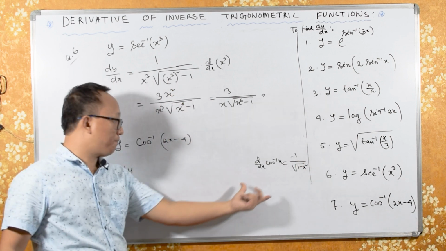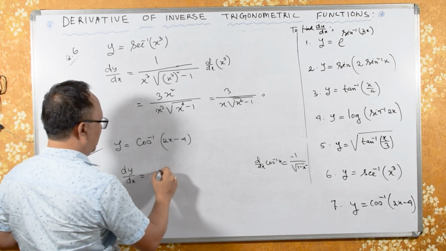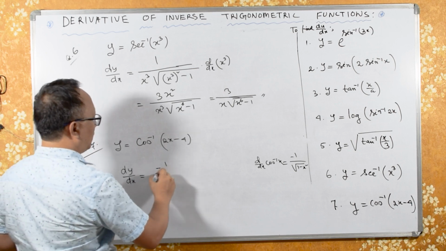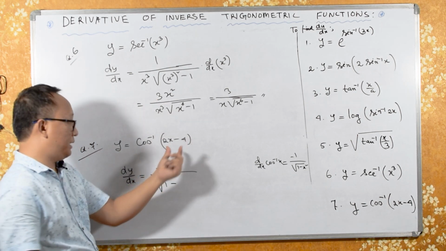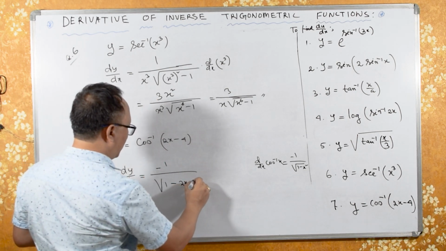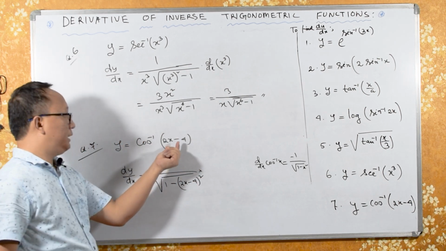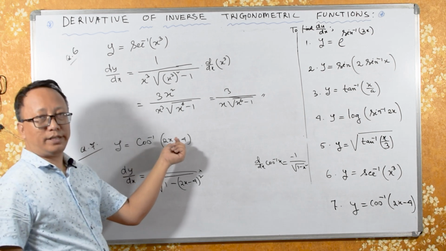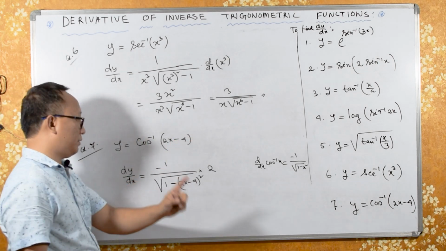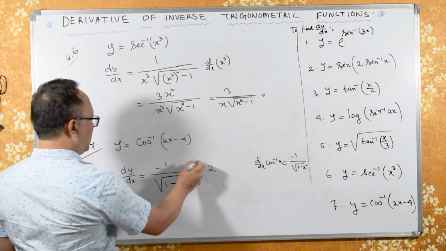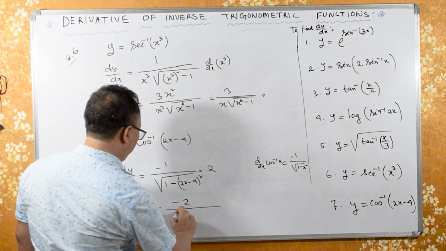Okay, applying this formula, dy upon dx I will be getting is minus 1 upon square root of 1 minus x square. My x is this. Here I have twice x minus 4 whole square into, okay, dy dx of this is what? Dy dx of twice x is 2, and differentiation of a constant is 0. Okay, so I have only this. So this will be minus 2 over here. Minus 1 into 2 is minus 2. Square root of 1 minus,